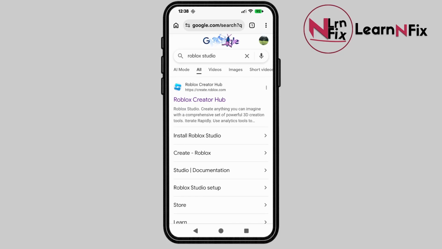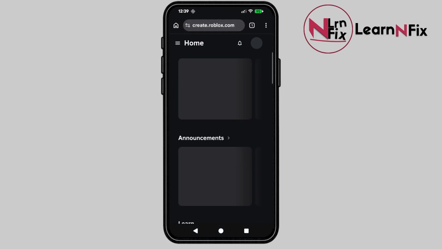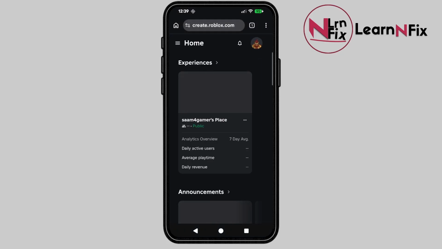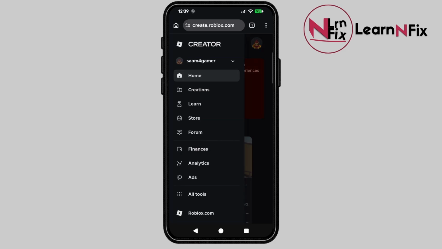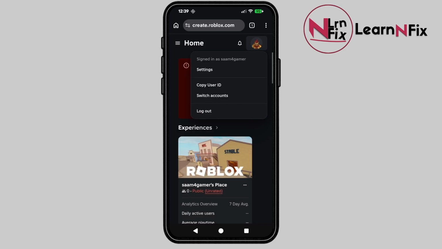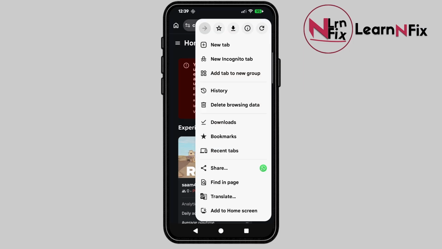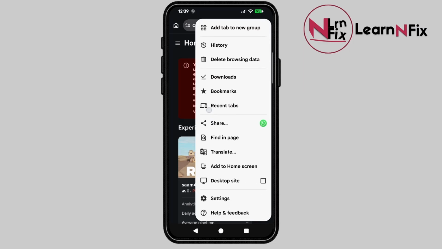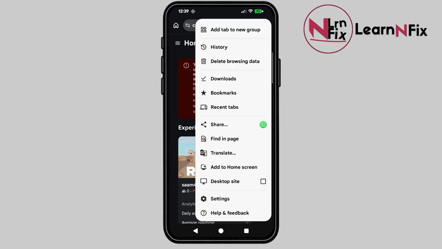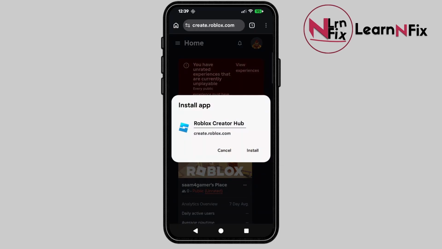So you see Roblox Creator Hub, click on it. Then here what you want to do is you want to log in. So you can see here I'm already logged in. So log in, your profile picture should show up, and then click at the top three buttons and then scroll down. You're going to see add to home screen, so you can click add to home screen, and then now